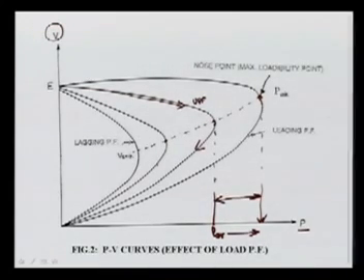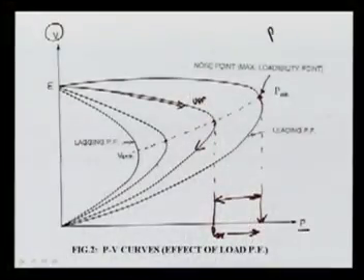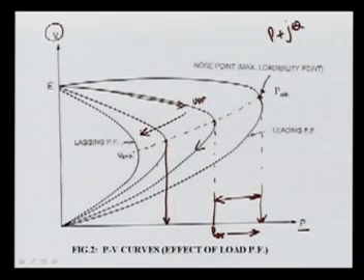Similarly, the reverse is also true. If you are going for a lagging power factor, meaning P plus jQ, where Q is positive and P is positive, then this curve keeps on reducing, and you can load only up to this critical value for this power factor. Again, if your power factor worsens, you can load only up to these critical values. It is not possible to go far beyond that, because the system will be unstable, and this is basically true for a radial power system.